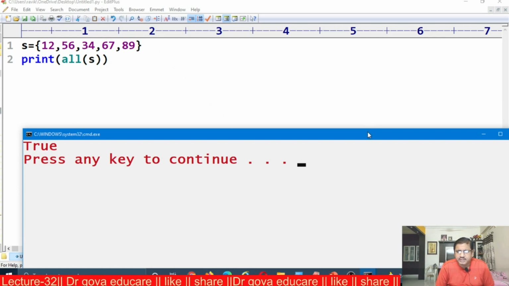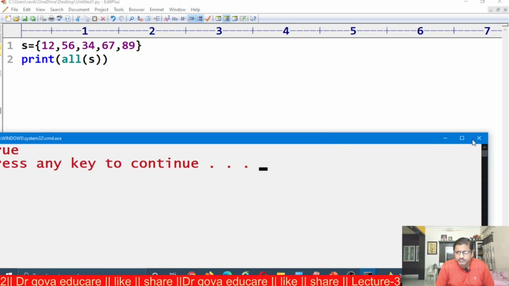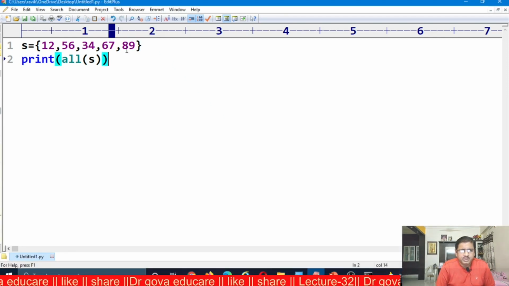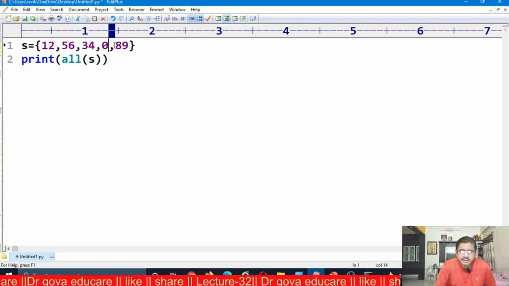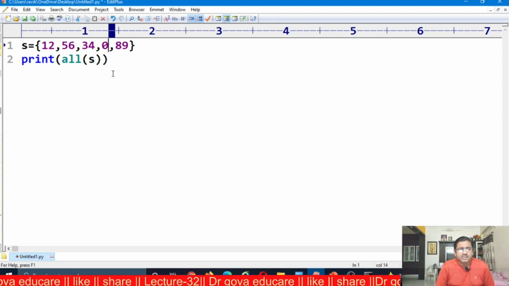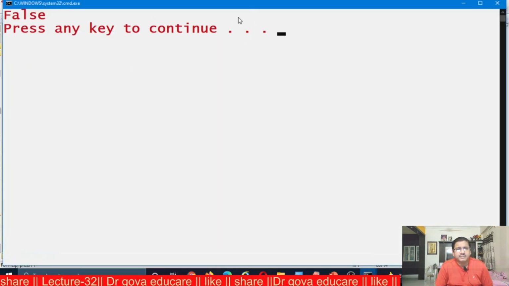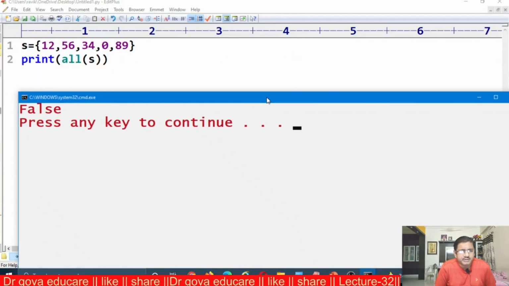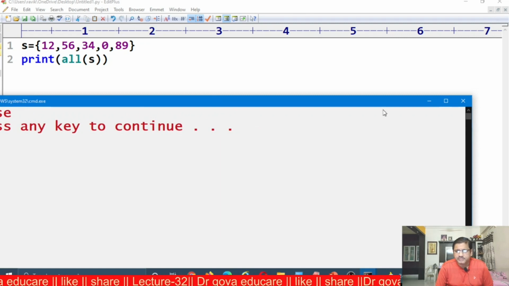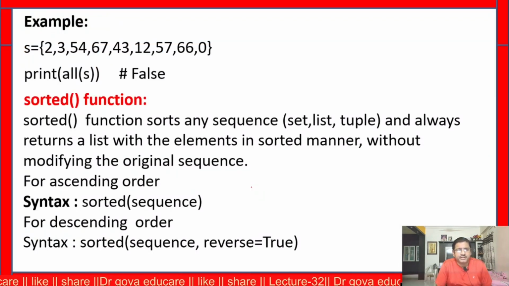If at least one element is 0, it returns false. If all the elements are non-zero, it returns true. If at least one is a zero element, the all function returns false. Now this is an example.